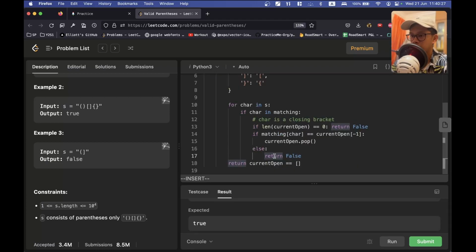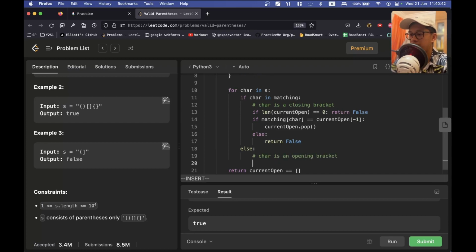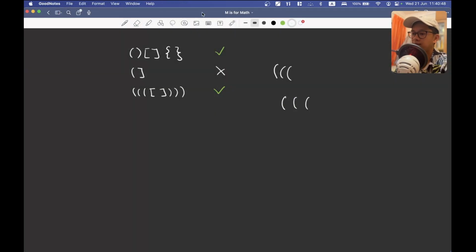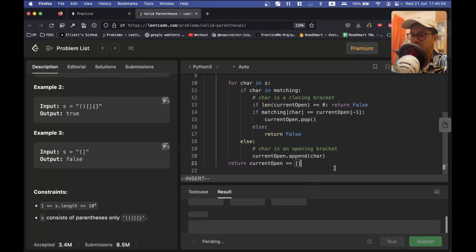Okay, one more thing we have to add here is that, so we see that here, if character is in matching, meaning this is a closing bracket. However, what happens if it's an open bracket? So in this other branch case, we know that the character is an opening bracket. So if it's an opening bracket, we can just add it with current open dot append character, meaning we can open as many brackets as we want. So we just keep adding it to the end of the list, and then at the end we just run it,